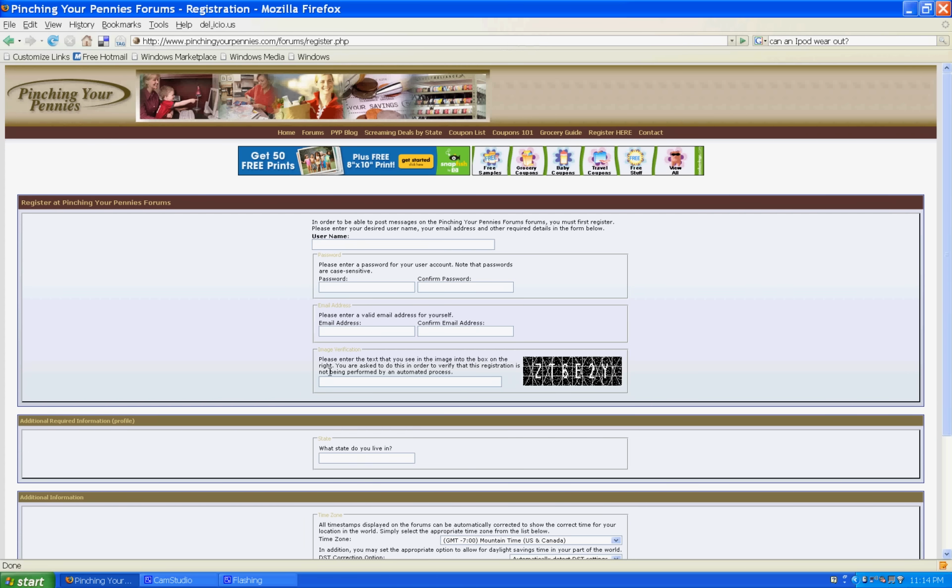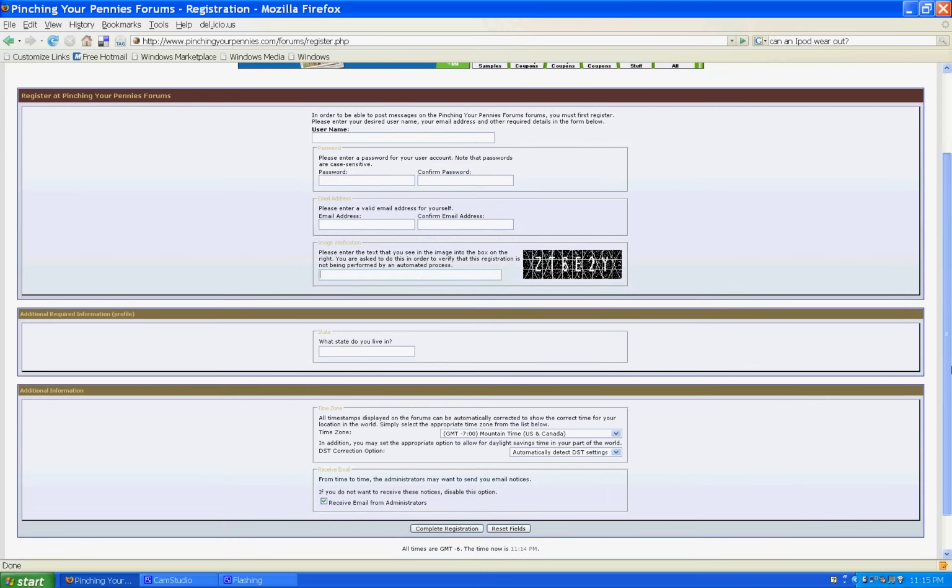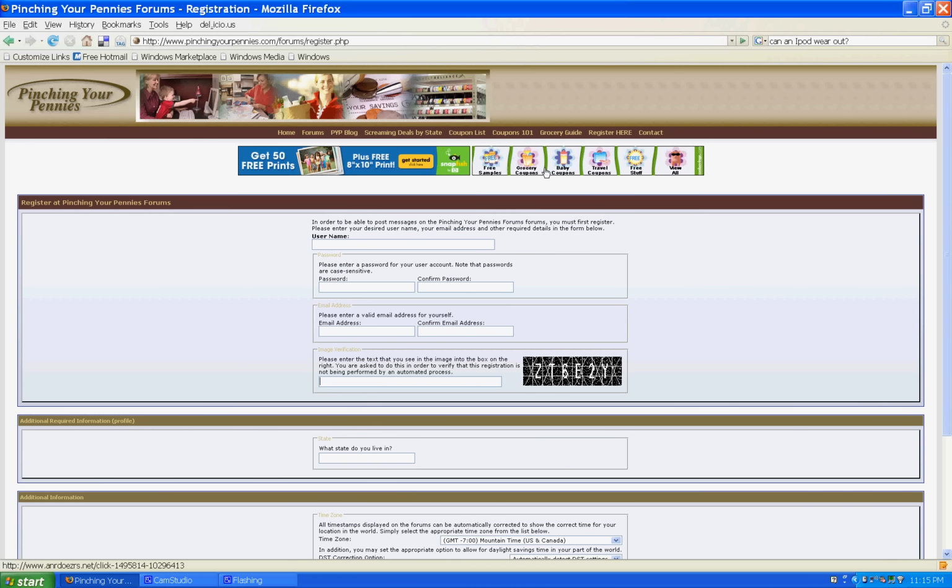You'll choose a password, you'll enter an email address, and then you'll verify that you are not a robot by entering the visual code that's off to the side. It's pretty standard. At the end of this, you'll press submit and you will get an email in your email box. This is to confirm that you're not a robot. And once you click the link in that email, you will be registered. And you can then go to Pinching Your Pennies, log in, and suddenly you'll be able to access this wonderful world of forums and coupon lists,